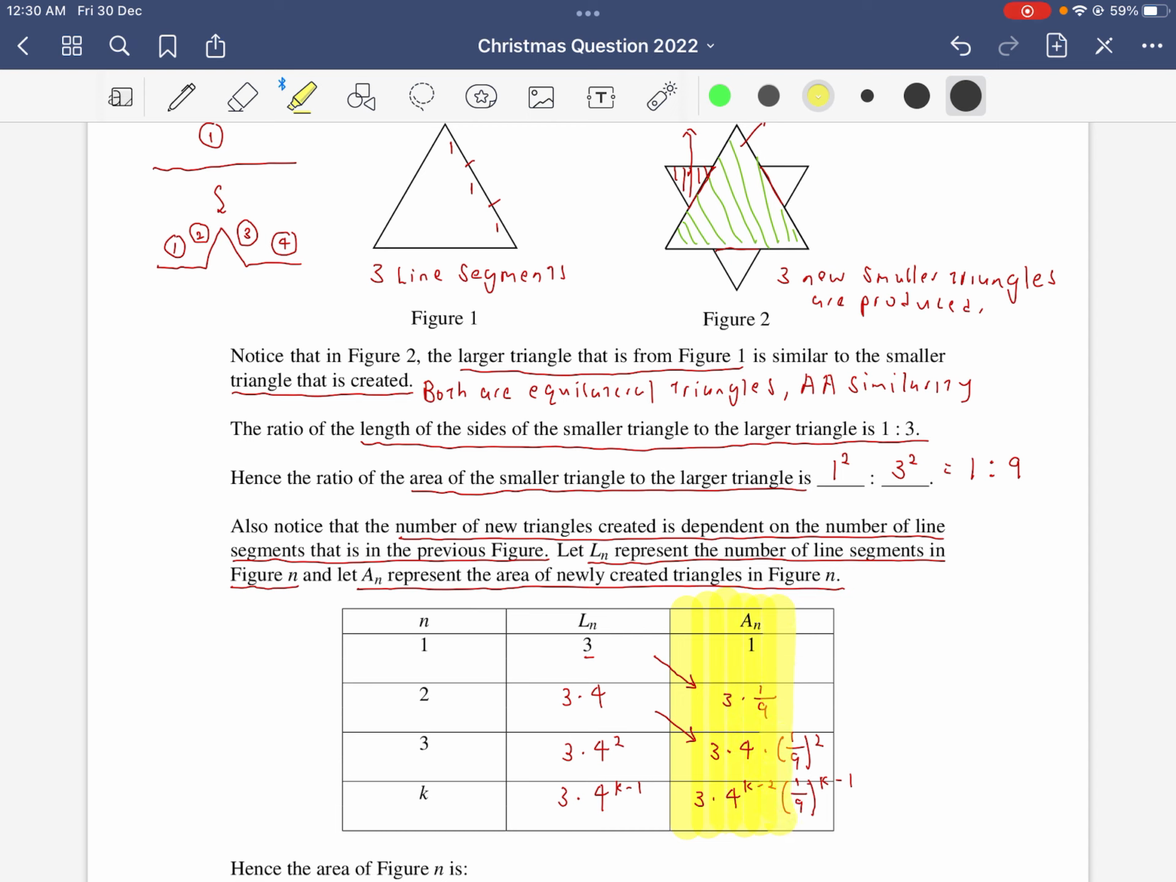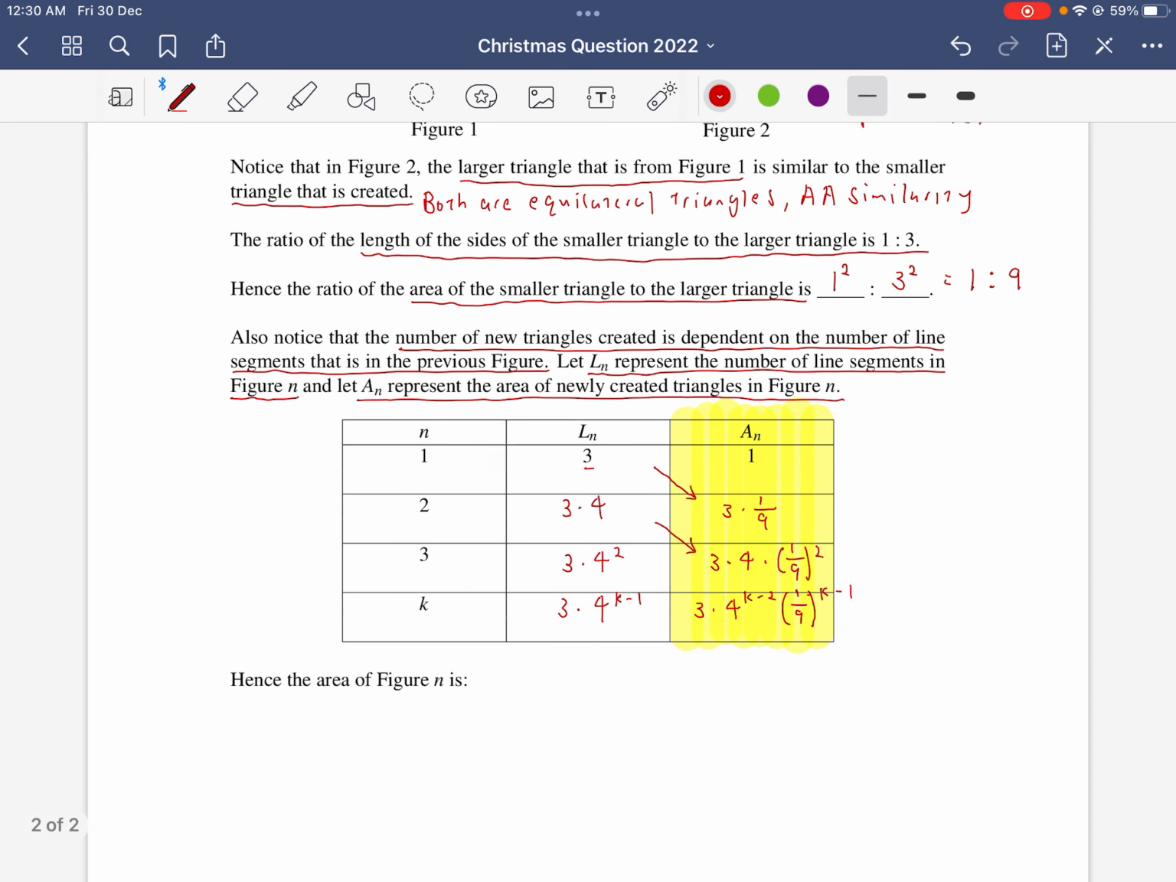Because we defined AN to be the area of the newly created triangles. Of course, it excludes n equal 1 because by default, we start out with figure 1, which has an area of 1. So we're going to sum all these up. Now, what's the area in this case, you might be asking? We are going to look at this pattern. So the area of figure n is just going to be 1 plus